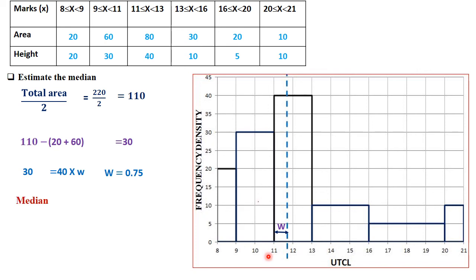And so what's the median? It will be simple. It is 11 plus 0.75, and so it'll be 11.75. That's an estimate of the median. I actually think it's not an estimate, it's an actual calculation. And that brings us to the end of my presentation about